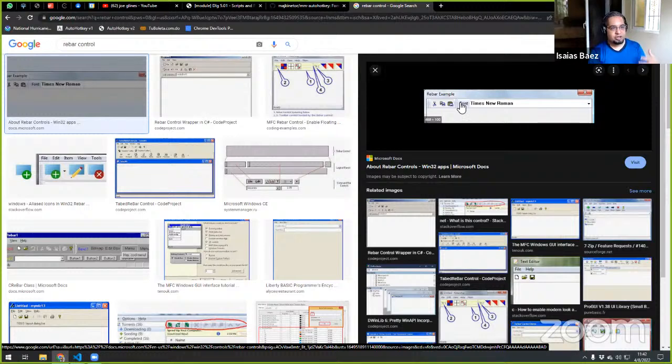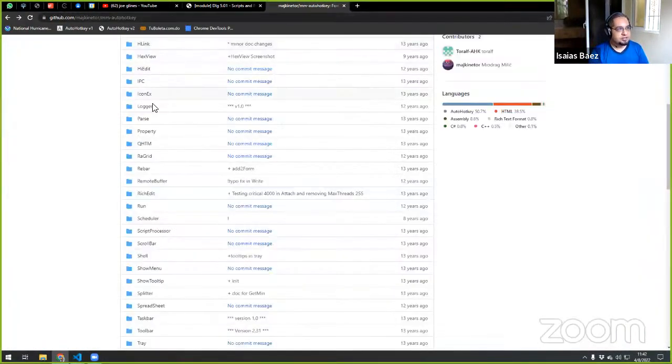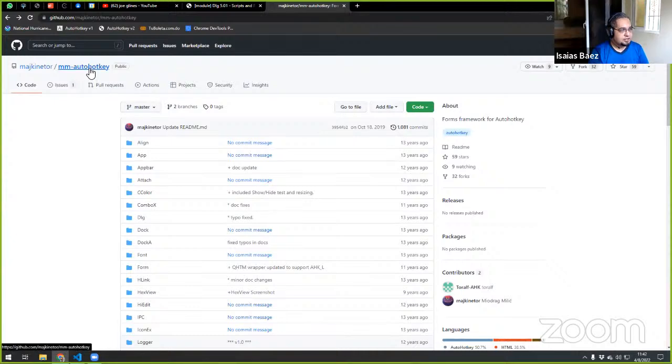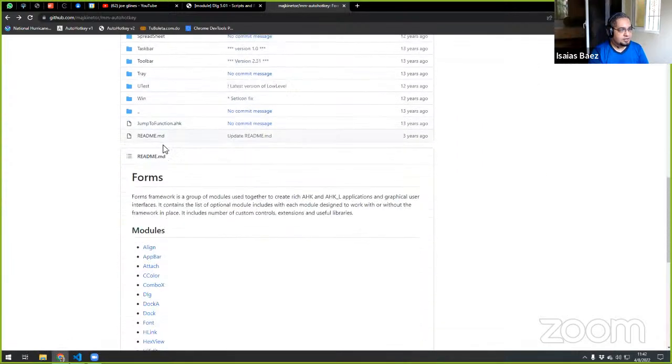Now, in the AutoHotkey syntax itself, you cannot just simply say GUI add rebar, right? So what you would do is use this folder and include it in your program, and now you have access to those controls.